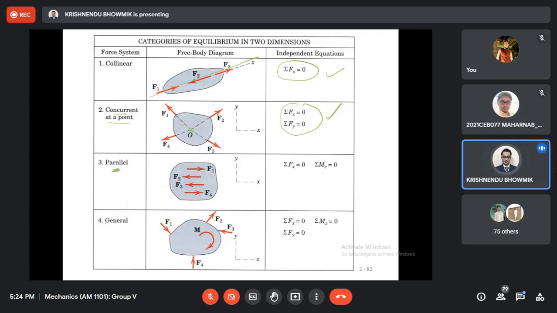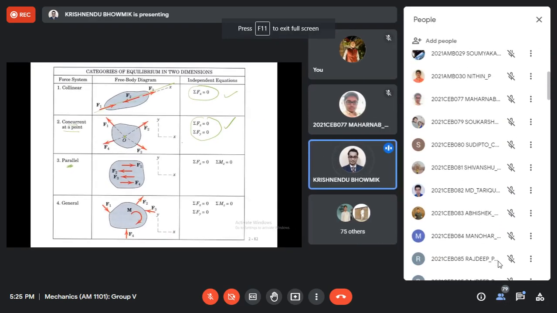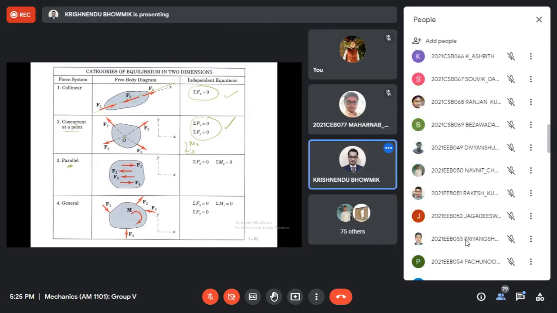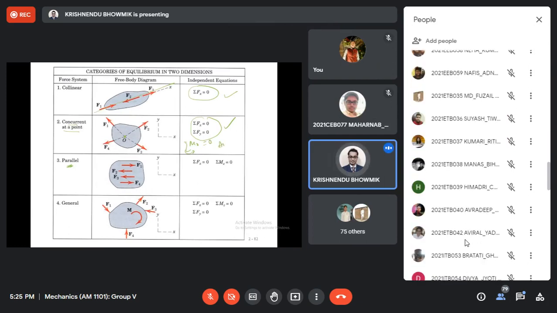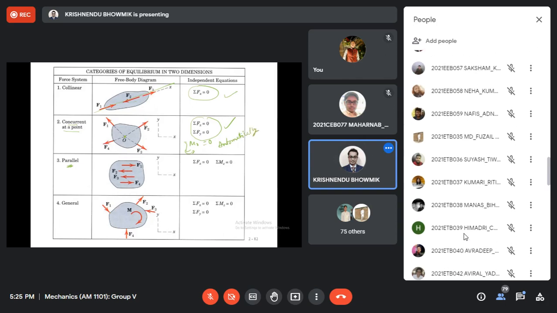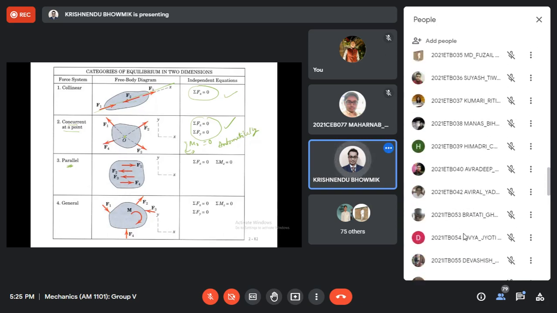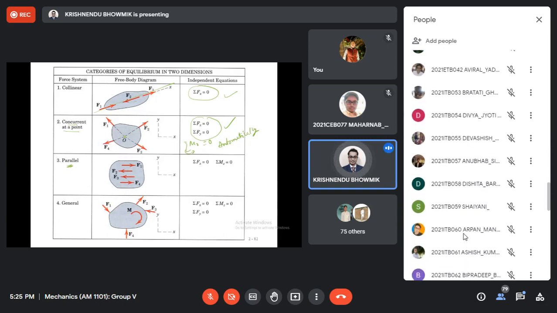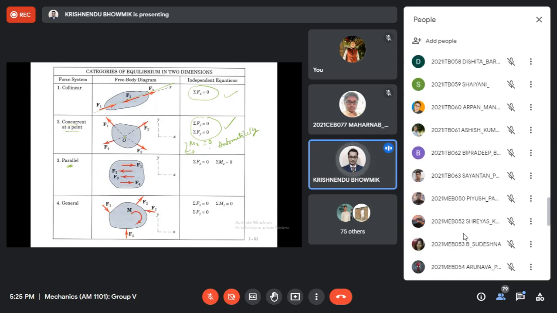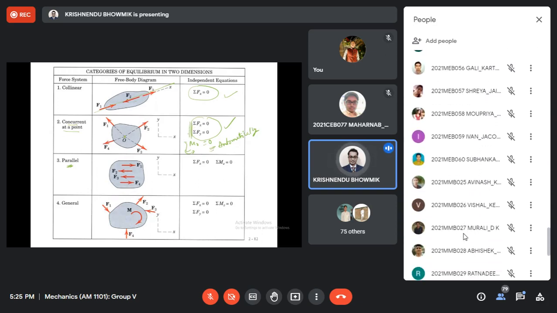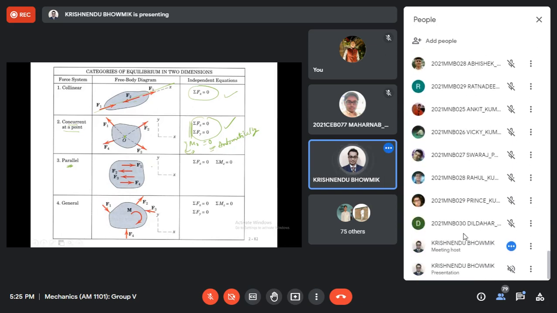If you extend, it is passing through this point. Now consider you want to take moment with respect to point O. Moment arm is 0 for all cases. That's why it is satisfied automatically. As the moment arm is 0, concurrent. So if you take moment with respect to here, all moments are 0. So no need to show it. You have to show it is concurrent, so it is automatically satisfied. So these two expressions are okay. Am I correct now? Yes, sir.